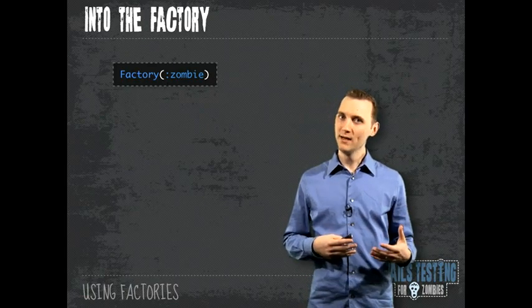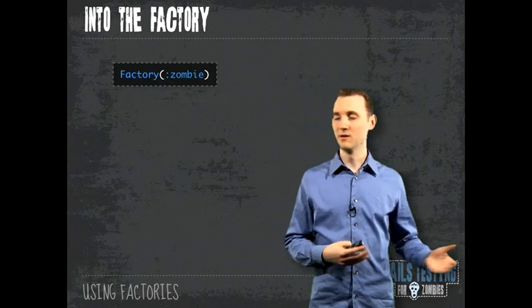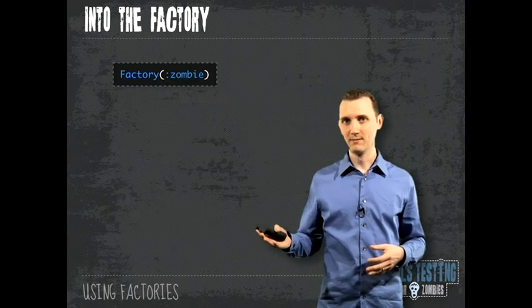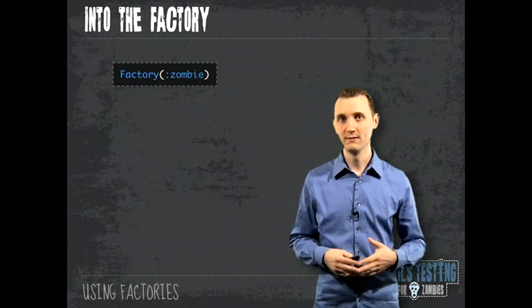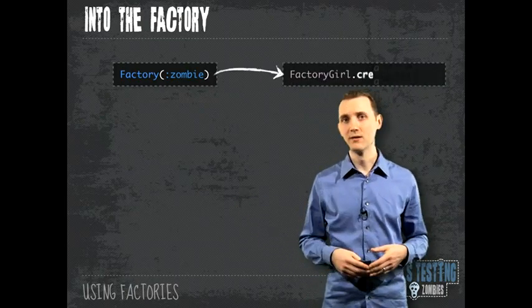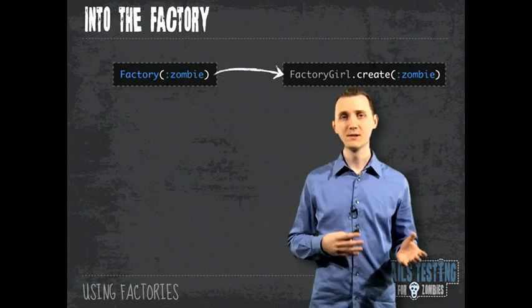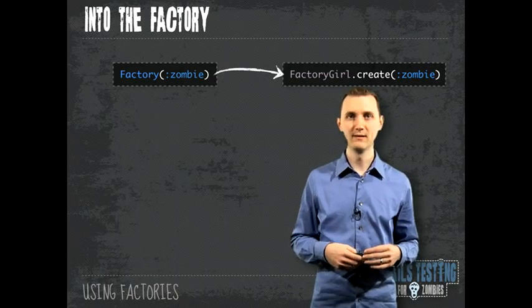So it's a little bit weird because it's a method that is capitalized as if it were a class name or a module, but it's taking a parameter, which is the factory that we want to instantiate. That actually equates to FactoryGirl.create with the same factory name. So it's just kind of a shortcut to make writing our test a little bit easier